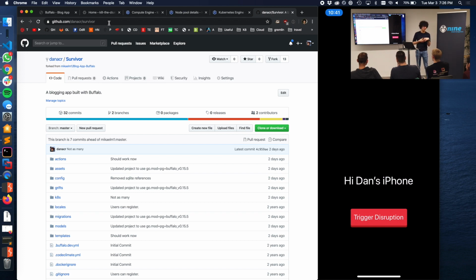That's why I ended up using a Go binary to compress all the assets into a very small Docker container. This is a fork of a very simple blog with Buffalo, but I would prefer to spend 8 hours upgrading an application to Go modules and fixing dependencies, because this is a 2-year-old project, than to write my own blog in Go. And this basically has just a Postgres connection to Google Cloud SQL.